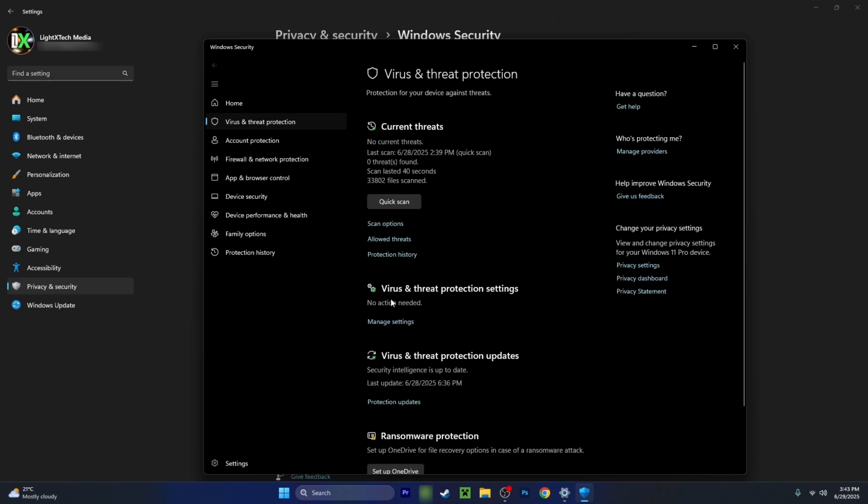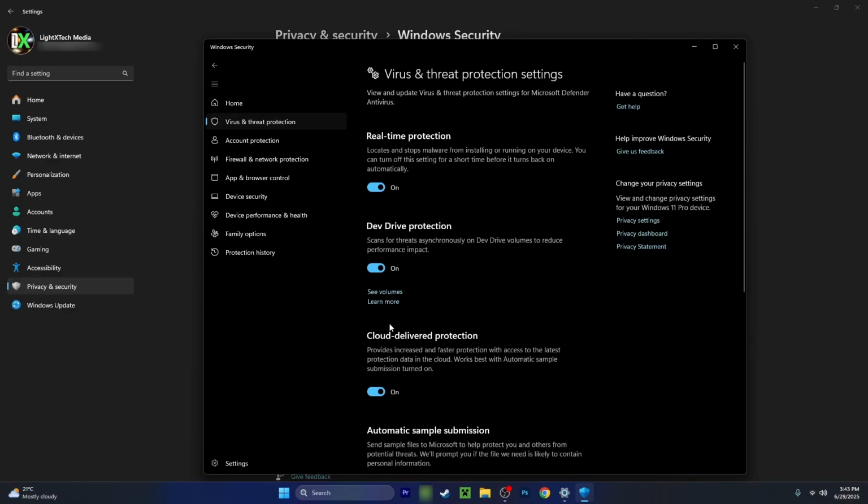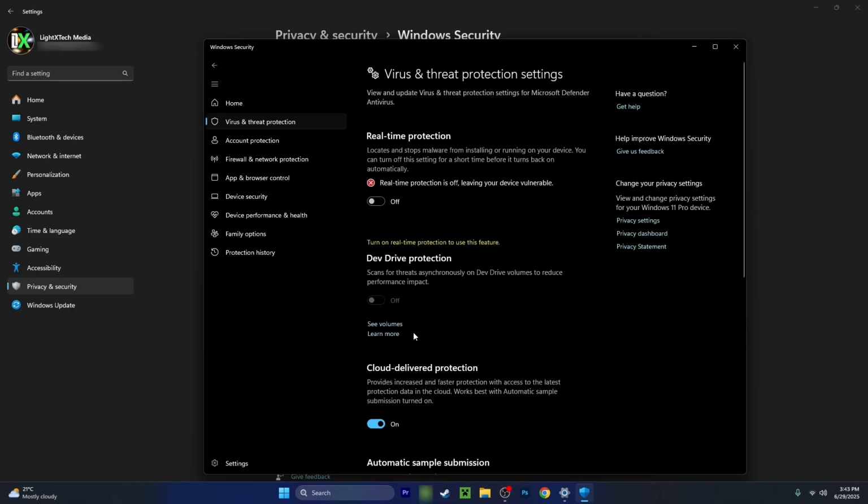In this menu we can find Virus and threat protection settings, Manage settings. Let's hit Manage settings, and Real-time protection is enabled. If you mark this one off, then hit Yes. Now I just disabled my Windows antivirus on Windows 11, but if you do that, you will not have real-time